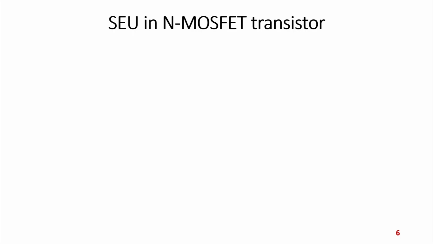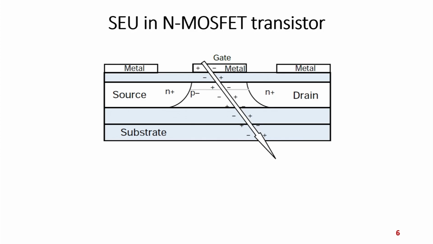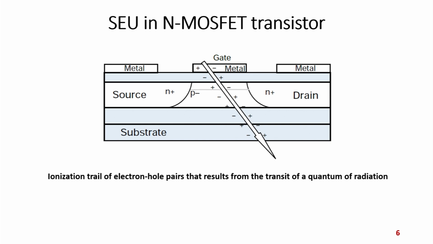We will just see how it happens in the MOSFET, that is, the metal oxide semiconductor field effect transistor. We will consider an N type. You see this is the structure of a typical N type MOSFET with the gate, drain and source. Depending on how it is operated, how the biasing is applied, and how the signal is conditioned, it can be used as an amplifier, or as a switch, in on and off states. On and off state means it can be high voltage or low voltage, and thus it can be used as a memory device. But here a high energy particle has entered through the gate and then through the substrate, and it is